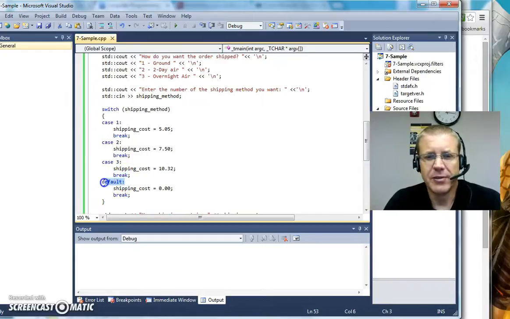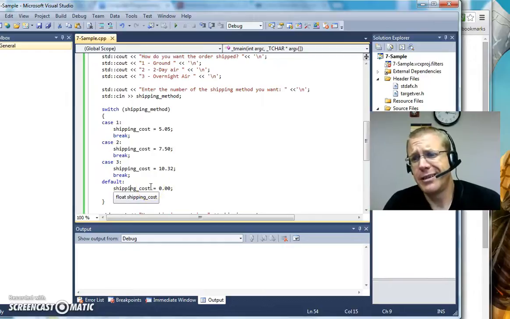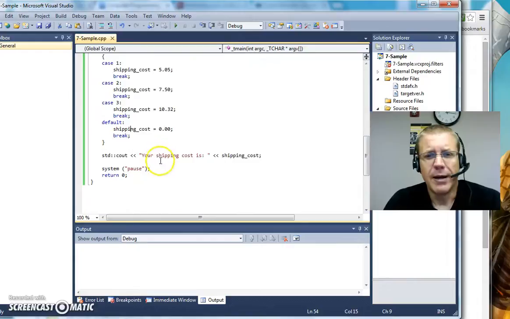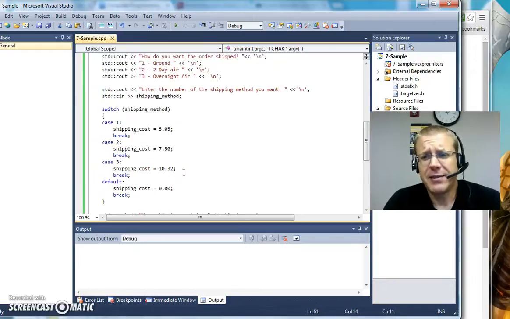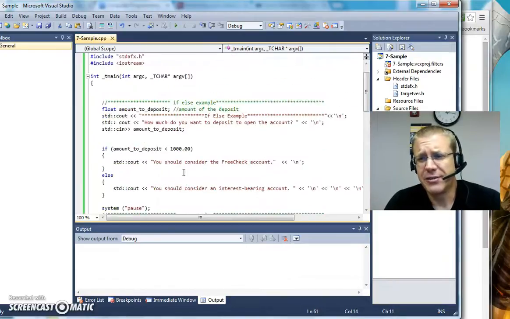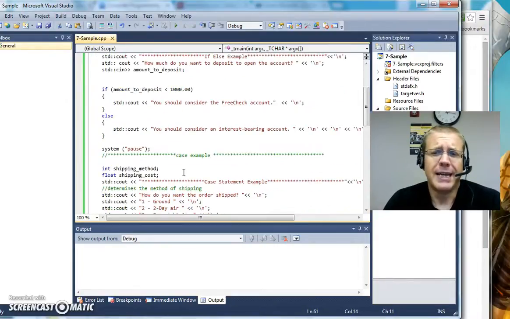You'll notice also your default is your case else, same sort of idea. If it's not 1, 2, or 3, it puts the shipping cost to 0. I could throw a message and say, hey, you made a mistake, you didn't enter the right stuff, whatever I want it to be. And then, of course, I print it out just so we're able to see the results, and I actually pause it after that. So Chapter 7, the main two structures here are an if-else, nested if-else, and the case statement